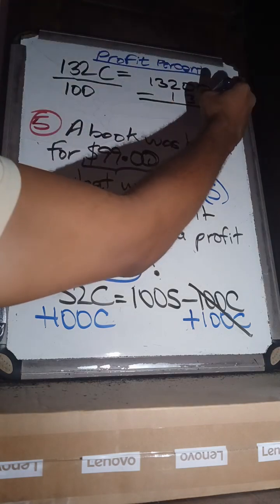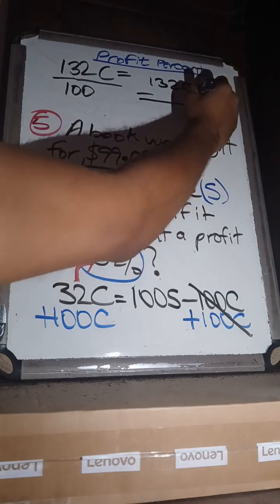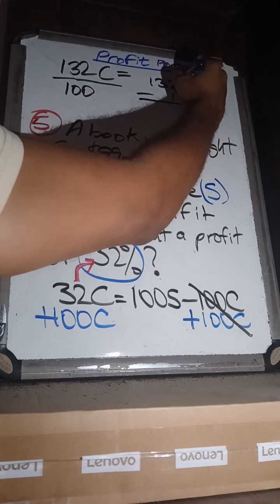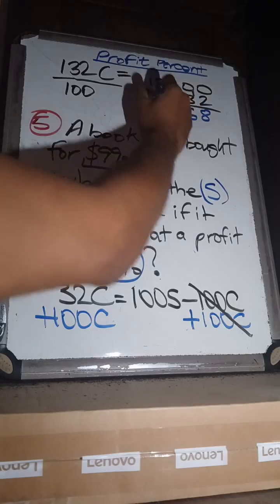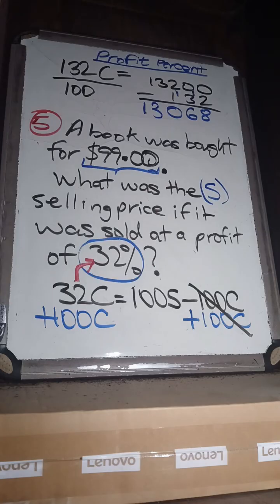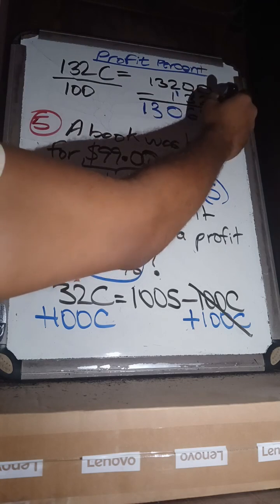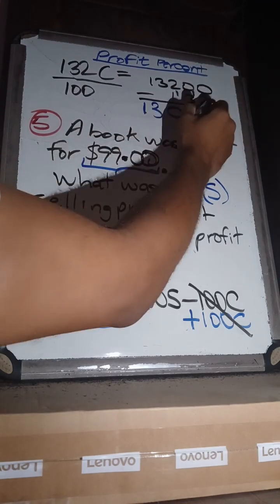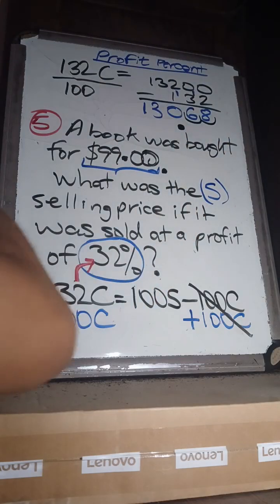So we have our 8, carry the 1, 4 plus 6, carry the 1, 2 minus 2. See? The answer is there. So now when we divide this by 100, we jump back 2 times. And our answer is going to be